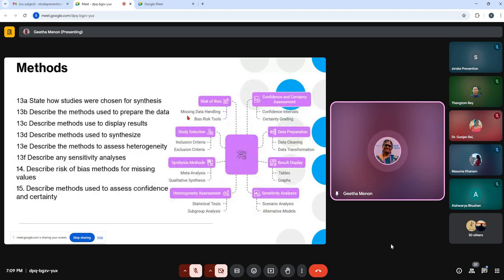The method should also include the various approaches for synthesizing the results. Has this systematic review done a meta-analysis also, or is it just a descriptive synthesis? What are the inclusion-exclusion criteria for selection of the studies, the confidence intervals, the grading for certainty of evidence, the methods used, the various display methods, the tables, the graphs, the statistical methods? All this should